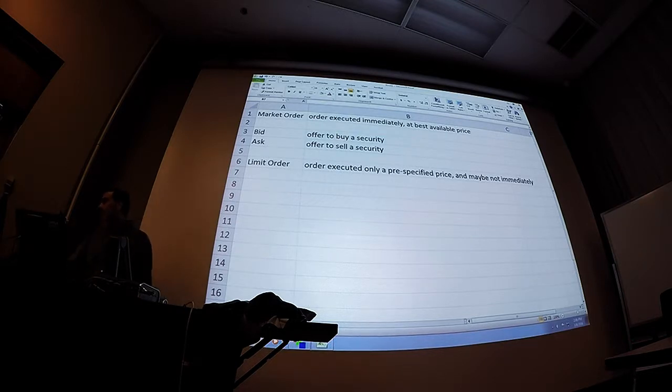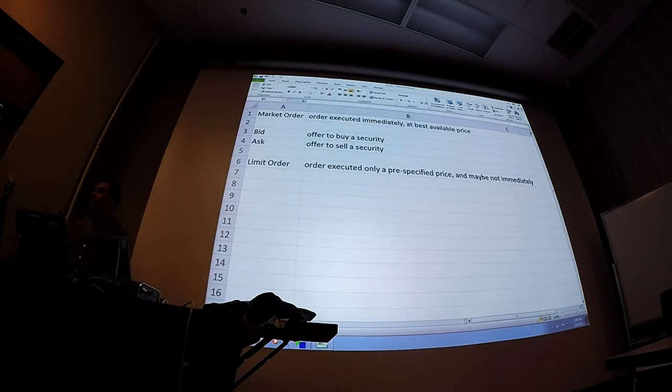Check quickly, I guess. The price right now is $101.15 for a share of Apple. Say you want to buy one share. You can say, I want to buy that. I don't want to pay $101.15. I will pay at most $100 a share. So you could say, I'm going to submit a limit order offering to buy Apple at $100 a share, and